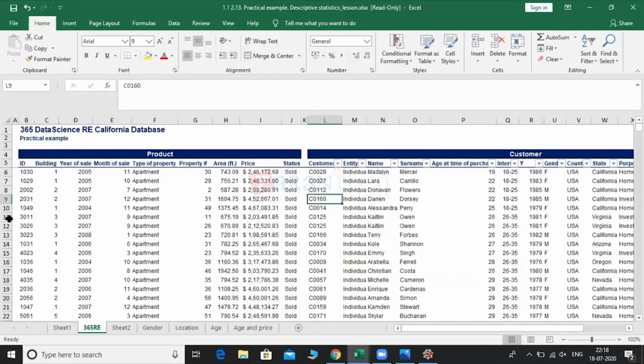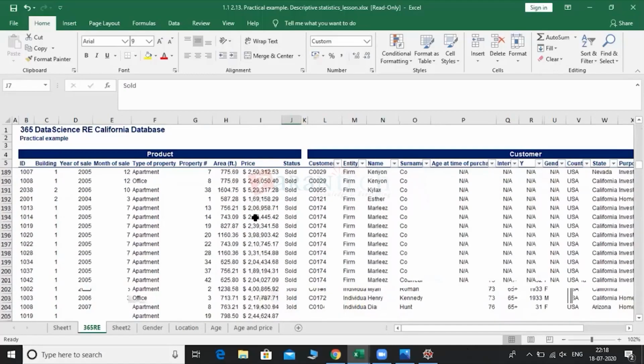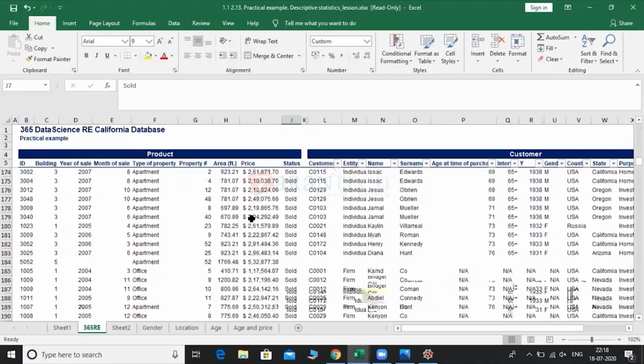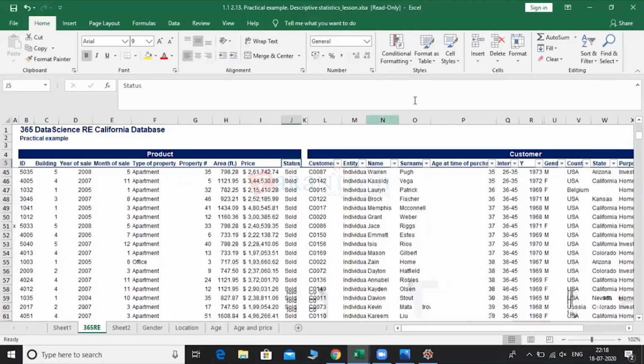And in this table, ID is there, building, year of sale, apartment, property number, area, price, status. All these things are there. So this only contains information about people who have bought the house. You can see the status is only sold. So this is only information about people